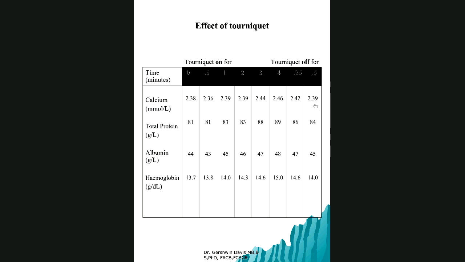Normal blood flow returns, and water moves out, not protein. Protein stays in because it's big, but it becomes diluted. When the tourniquet is on, water leaves and protein stays in, and hence you get this concentration of proteins. Calcium is bound to albumin, so hence it goes up. Once you release the tourniquet, it comes back down because now the circulation is back to normal, so the hydration level within the intravascular compartment returns to normal. So you get water staying in now because pressure is coming down. So that's what happens. But protein doesn't leave because of its size.